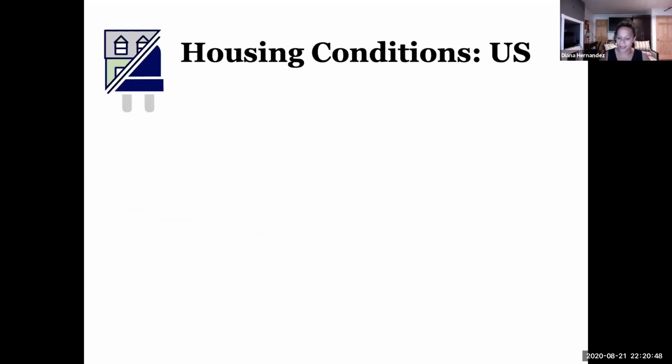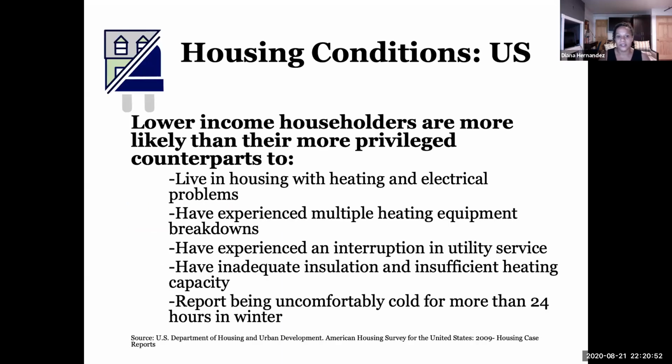So again, this is the conditions pillar. So you have housing conditions in the US, lower income households are more likely than their more privileged counterparts to live in housing with heating and electrical problems, to have experienced multiple heating equipment breakdowns, to have experienced an interruption in utility services, have inadequate insulation and insufficient heating capacity, and report being uncomfortably cold for 24 hours or more. So these are some of the energy related indicators that really suggest that lower income households are more